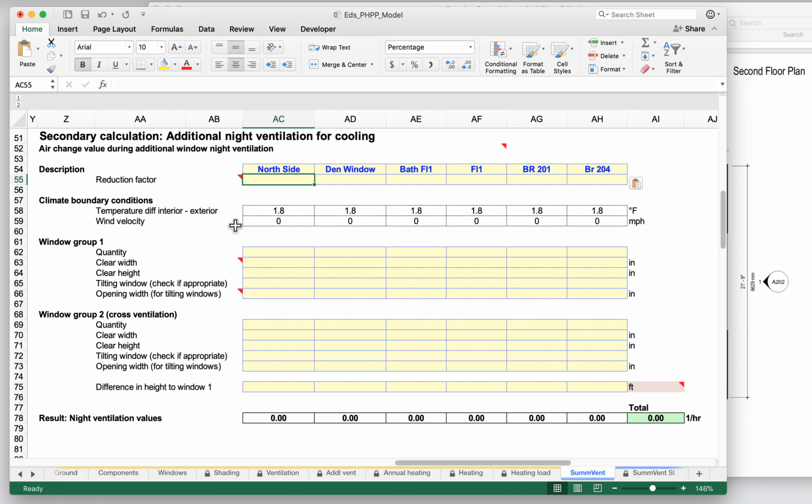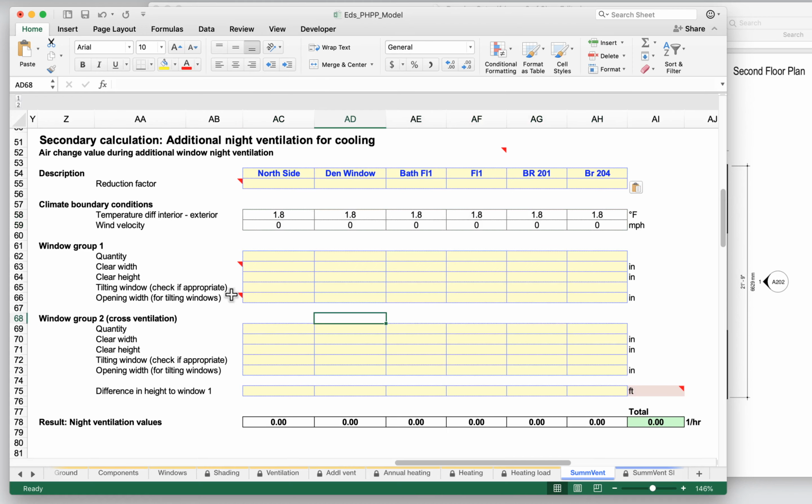So we're going to leave it blank for now. Let's just say we're not going to have any additional reduction factor. Go ahead and calculate this for the nighttime period, that nighttime 12 hours per day. And we're asked to input basically all the same information here. Notice that we have specified values for temperature and wind velocity here, so we don't get to put those in,